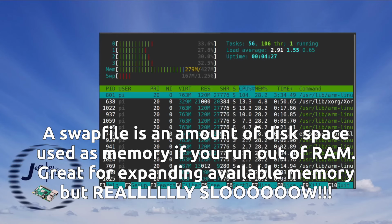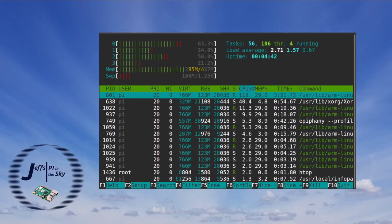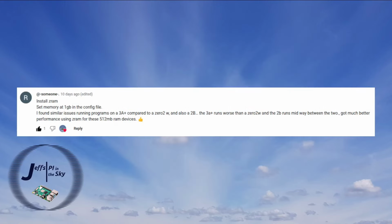That seems to grow over time. So we need to carefully control the swap space. But one of my viewers actually really helped me out with this. This is a comment that I received from someone, and they suggested using a technology called ZRam